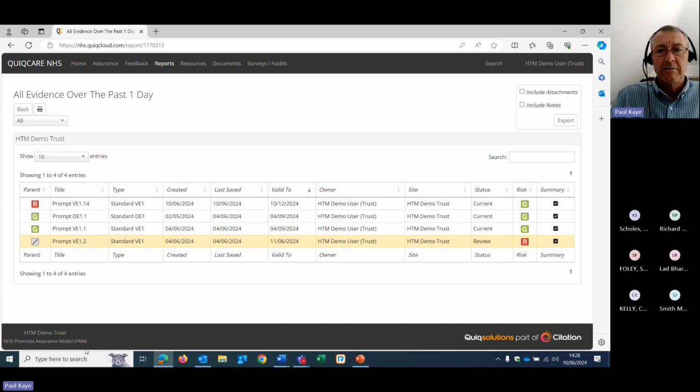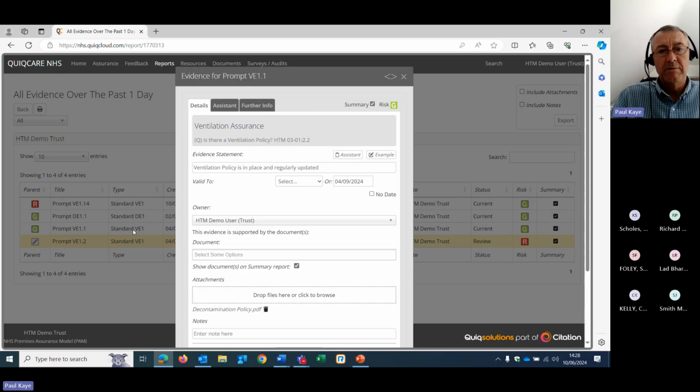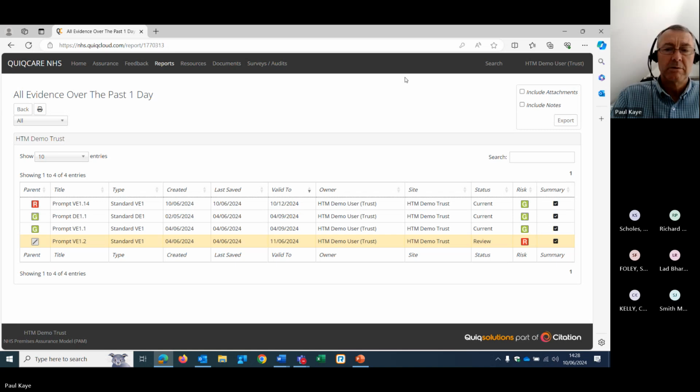And you can also search within here, so you can find any matching words that it will find within the evidence that it's got on here. You can even click on it and open the evidence and update it from this report as well if you wish. All of the reports have exports, so if you want to run your own analysis and do a deeper dive, then you can do so.